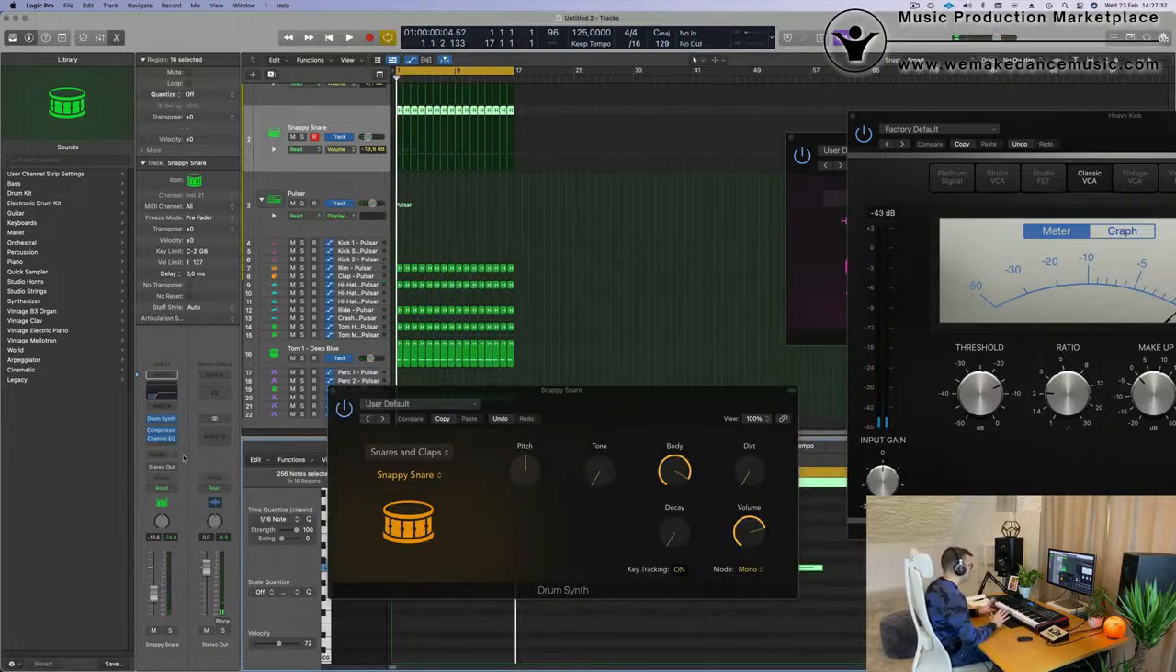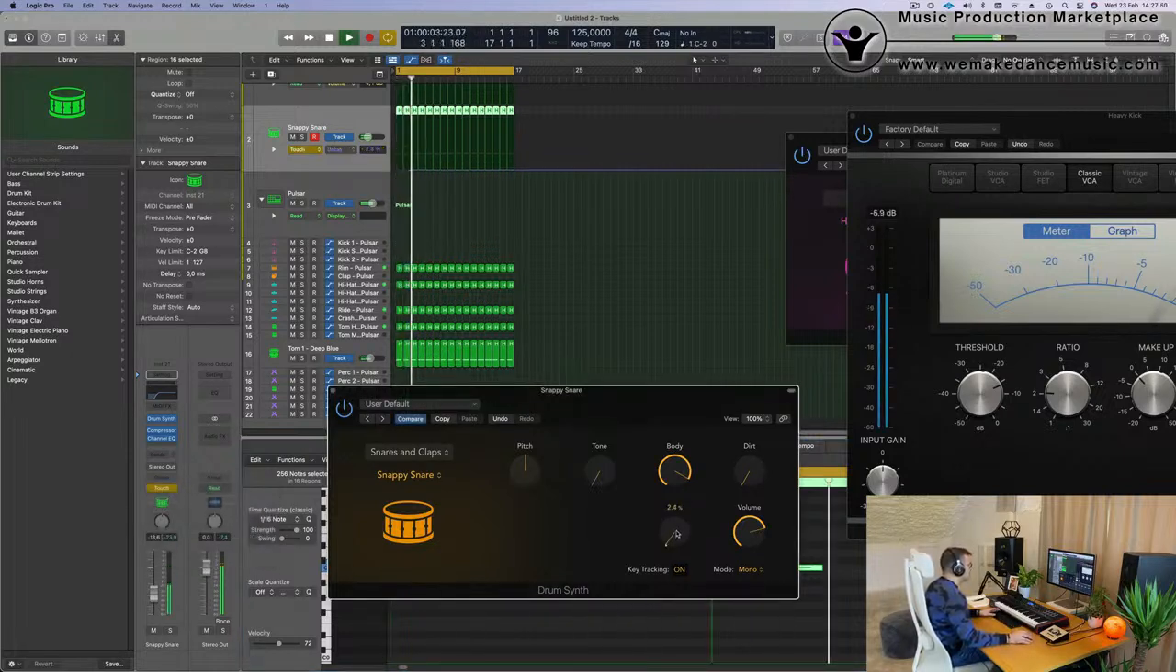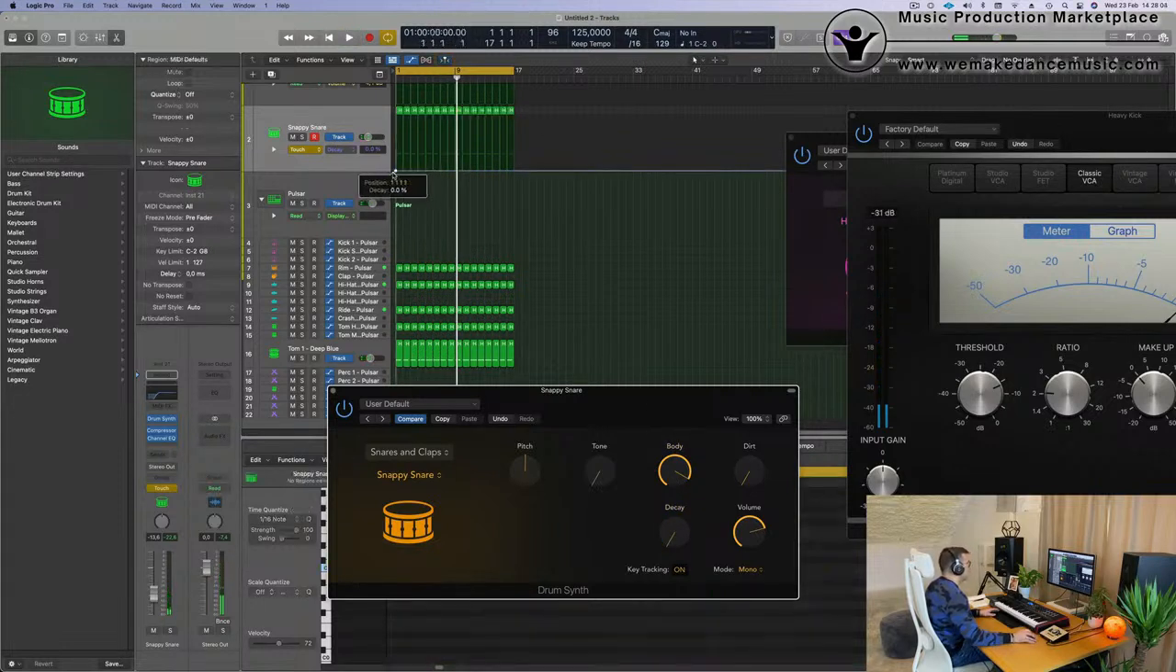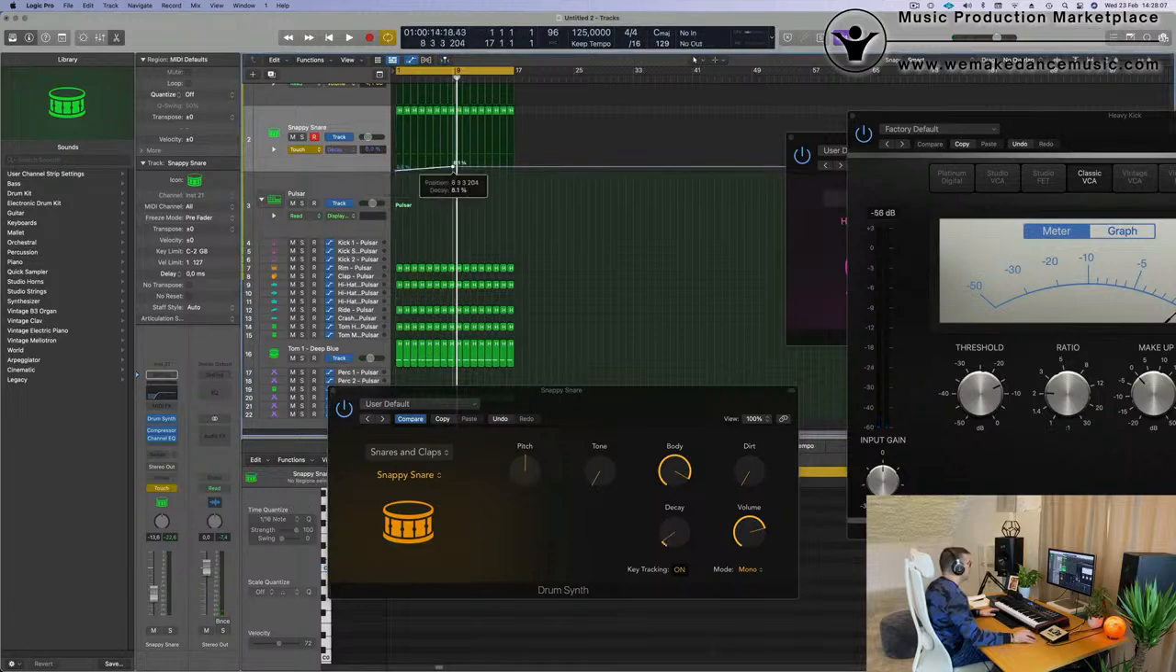I can do two different things. I could do a send to a reverb, which will make it bigger, into a room, or what I will do is increase the decay. So I'm going to put it on touch, open. Until it becomes pretty much only noise. Like this. So I think this is